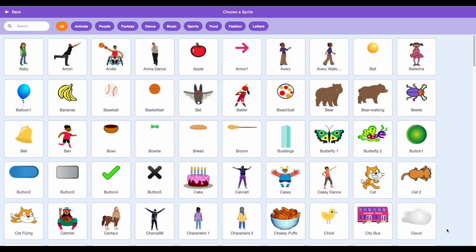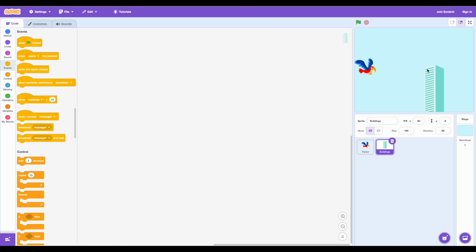to select some buildings. Again, you can select whatever object you want, as long as it is a stationary object. We want this sprite to begin in the bottom right hand corner, so click on it and drag it across your stage. Now, if you come back to the left hand column and click on the top category, Motion, you